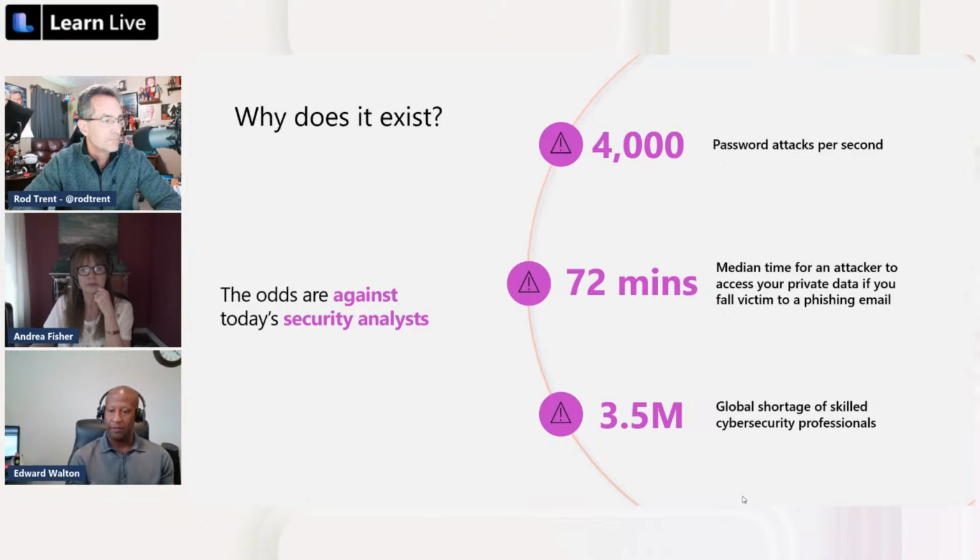Now, skilled is a word that you measure, it's quantifiable, but Copilot looks to try to address that skill all the way, let's say, from entry level, I don't know if there's such a thing as entry level in security anymore, but someone who is junior to someone that's very senior. So if you just look at some of those, you can extrapolate the effectiveness across everything from mitigating simple low-brow password credential stuffing and spray attacks, to being able to watch someone who's decided it's time to break out of their attack hole, and then trying to address the 3.5 million skilled professional shortage. So if you can just help with either one of those, I think you accomplished something, right?